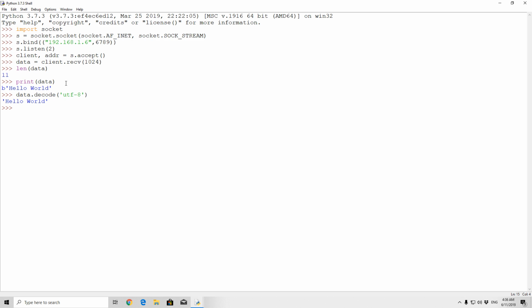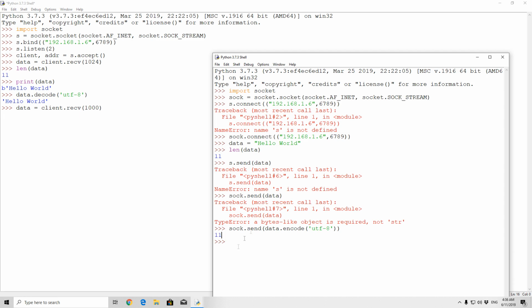What that means is basically once you send data and you send more data, the server that is receiving the data, so let's say the client sends something as it did right here, and the server needs to receive it, the receive function may return data from both of the sends combined, or even less data than the first send. You can see right here, if we specify that the data will be equal to client.receive, we want to receive 1000 bytes. And let's say that the client sends sock.send, data.encode,